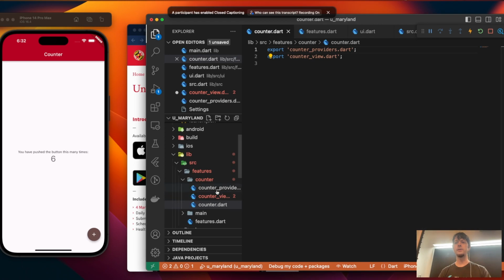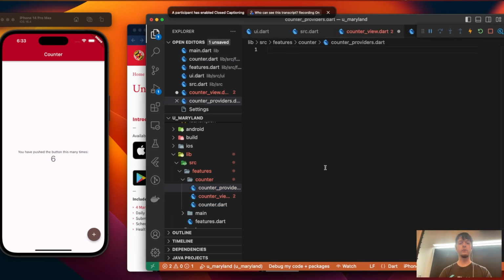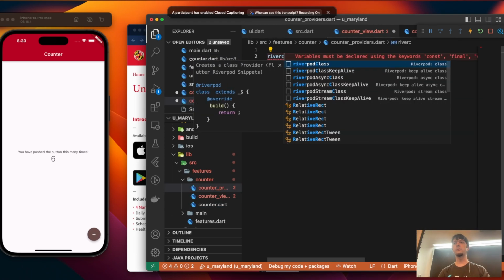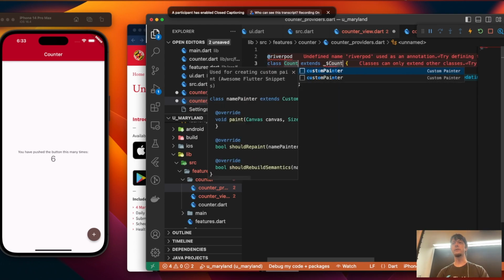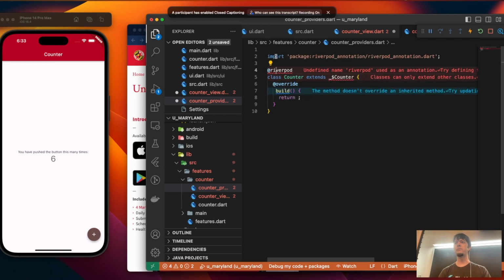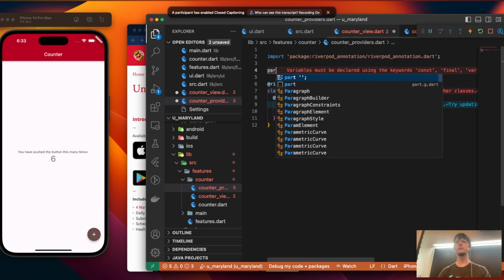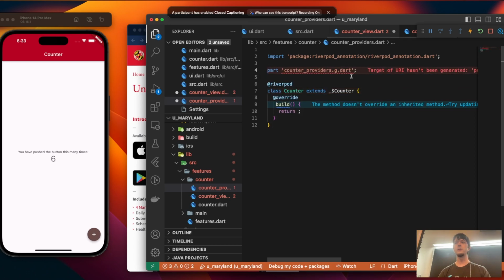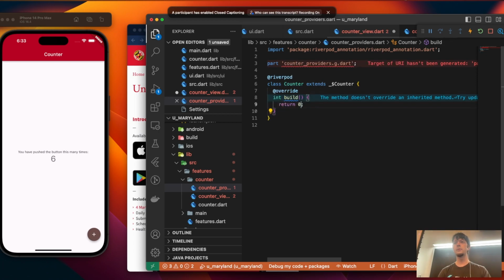Again, a lot of this is doing all the work for me. I'm going to use the Riverpod class as a snippet and just call this Counter. This is going to want me to bring in Riverpod annotation, and I use a thing called part. This is what Build Runner will create, and this is all I have to care about. So Counter just takes an integer, and I'm going to start it at 0, and we're just going to run